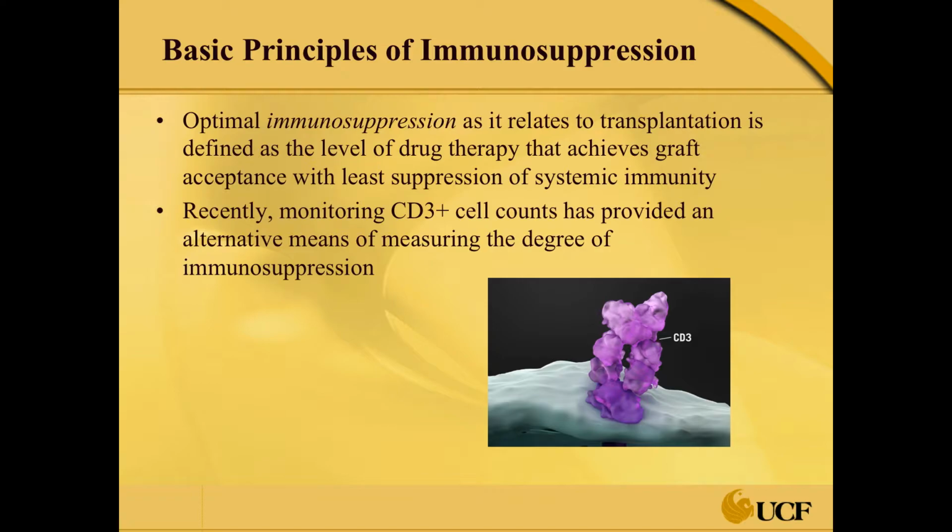So optimal immunosuppression as it relates to transplantation is defined as a level of drug therapy that achieves graft acceptance with least suppression of systemic immunity, right? And that's the balancing act. That really is what, as clinicians, we are trying to achieve by suppressing the immune system so the patient doesn't reject the organ, but at the same time, we're not using such toxic levels of drug that the patient has no immune surveillance. And one of the things that is more recent in terms of monitoring this is the CD3